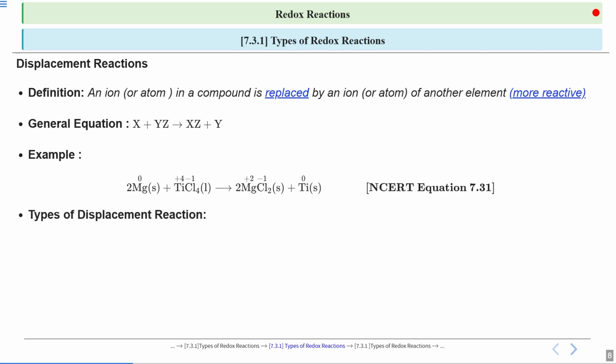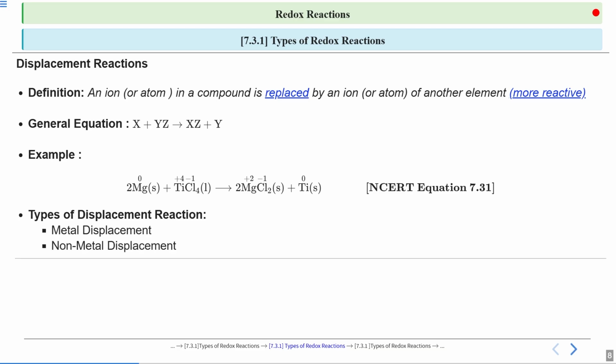So now there are two types of displacement reaction, as I have stated that the more reactive would displace the less reactive. To consider this line in detail and understand the displacement reaction, we have divided the displacement reaction into two types, because there are two types of elements that we have: one is the metal, while the other one is the non-metal. In the first one, we will study the metal displacement redox reactions, and the other one is non-metal displacement redox reactions. So let's understand these two types of displacement reaction one by one.